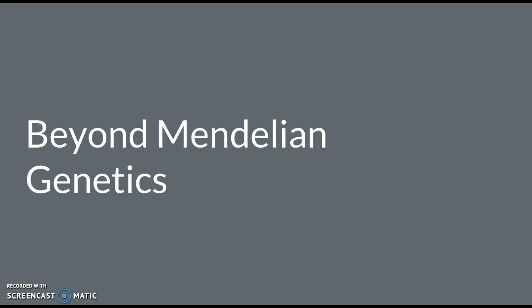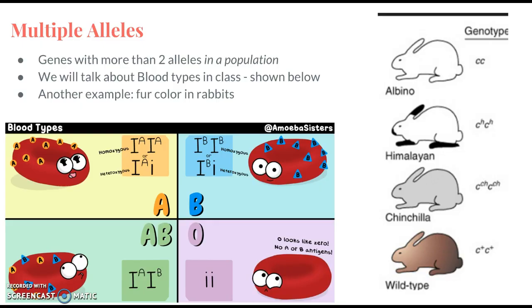Okay, so everything that we just talked about was Mendelian genetics. It was named after Mendel and what he did, and his work is almost too simplistic, and a lot of traits, especially in humans, are not as simple as we would like them to be. And so there are other forms of genetics, and they are called beyond Mendelian genetics, non-Mendelian genetics. So one of those that we're going to talk about is multiple alleles. This happens when the